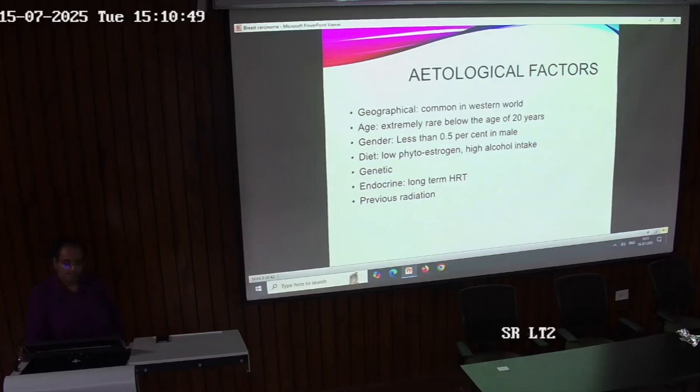Geographically, it is common in the Western countries, extremely rare below the age of 20, but a few cases have been reported, in which it is most common in the inflammatory breast carcinoma, which always starts at stage 4B. In the classification, it has been mentioned as a separate entity. In males it is less than 1%, but when it comes to males, the prognosis is bad, way worse compared to the female,